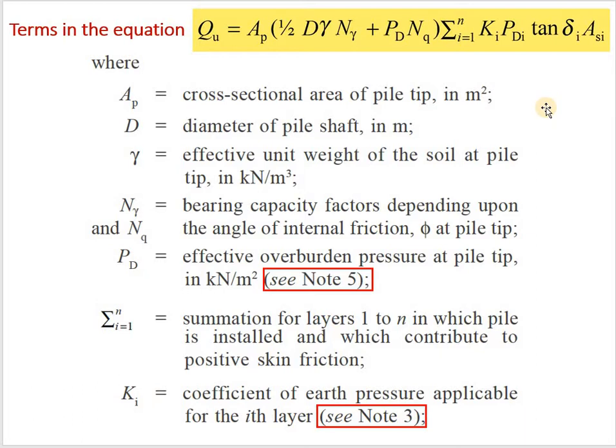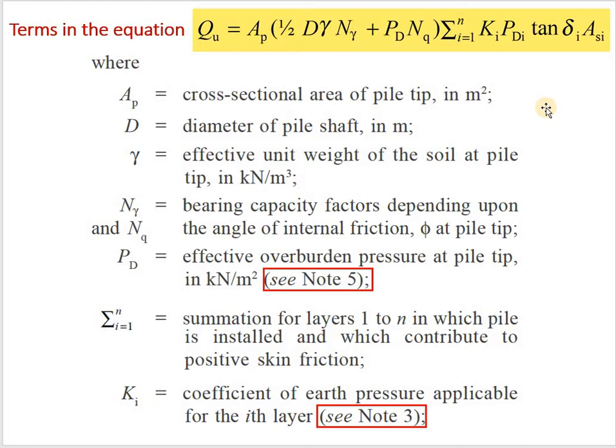Now gamma is the effective unit weight of the soil at the pile tip, which is given in kilonewton per meter cube. That is the weight of the soil. So we are taking the effective weight. That means if the pile is completely submerged, in that case you have to go for the gamma dash. That means even if you are given the saturated weight, you have to go for the gamma dash for the